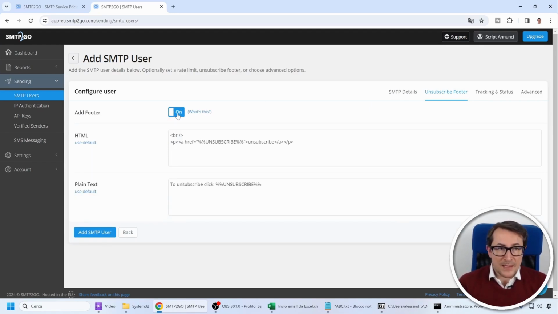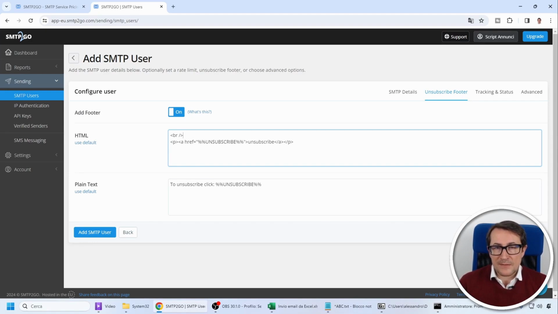Basically, a link that is automatically placed at the bottom of the email in both HTML format, which you can also customize, and in plain text. This allows the recipient of your email to click on it and unsubscribe from your mailing list. What does this impact?